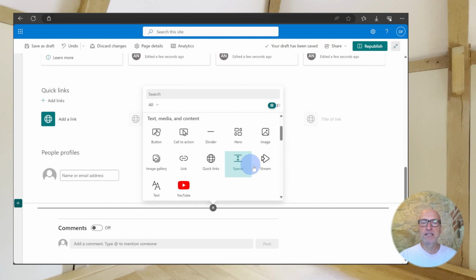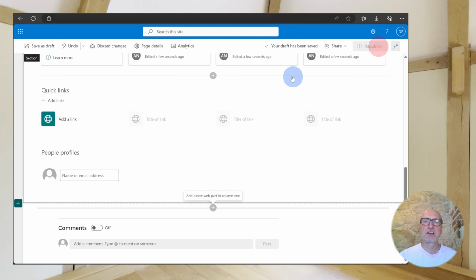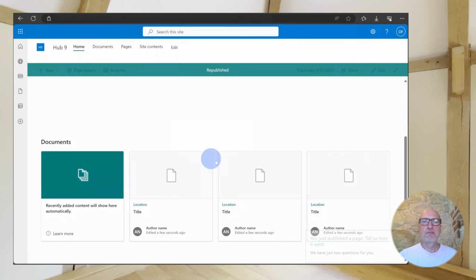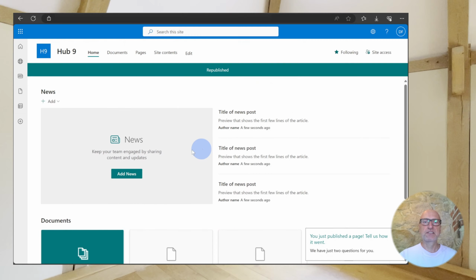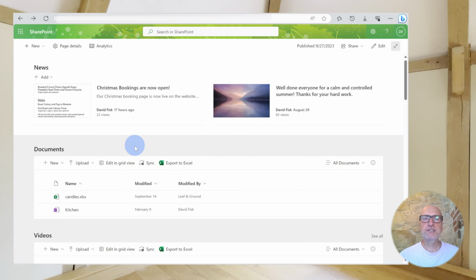I'm not going to go through these here. That's for another time. So we're just going to publish that site, and that will give us a site that has at its very top news. And that's what we want, because our news is going to be the thing that we go to most when we're adding news stories. So switching to our live site, you can see that there's already a news section here